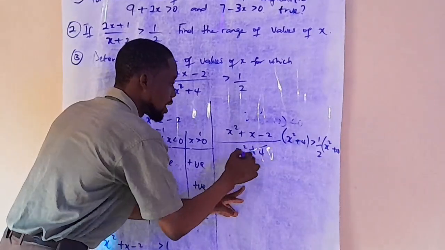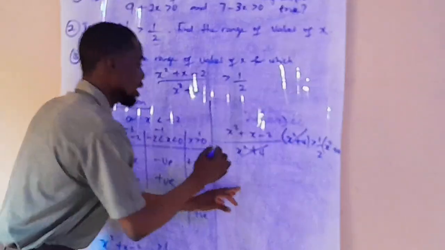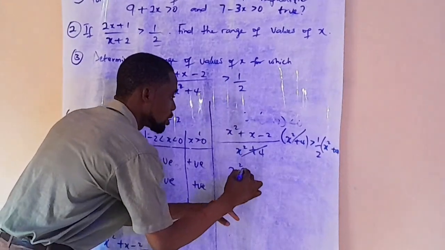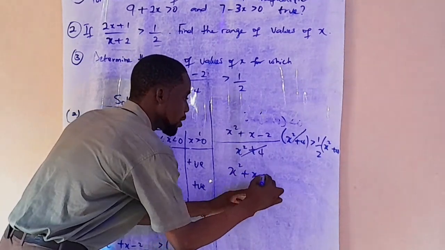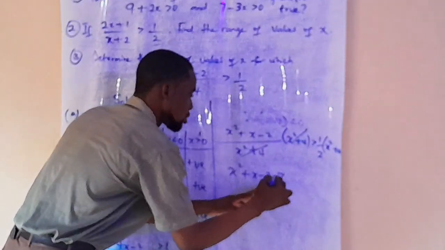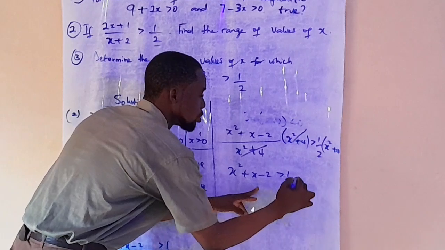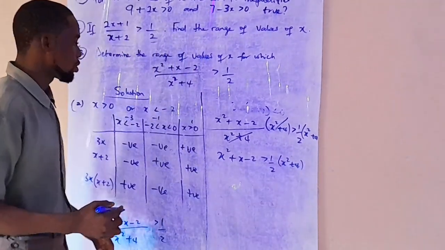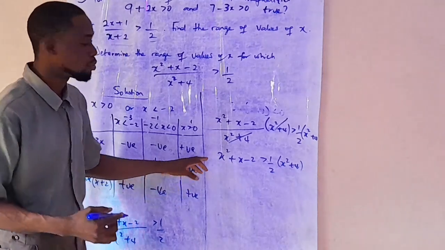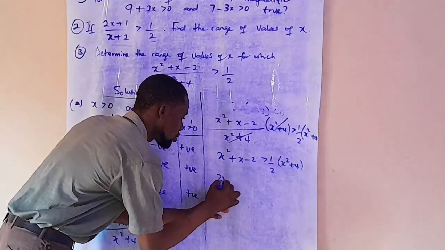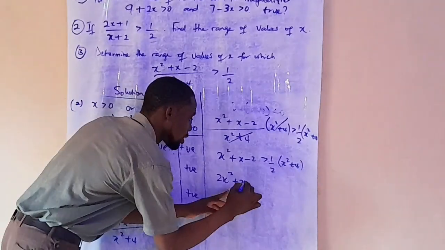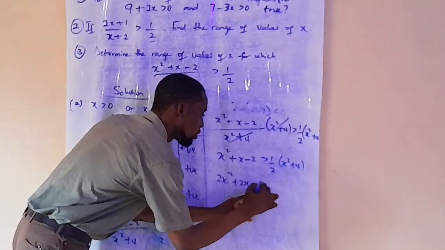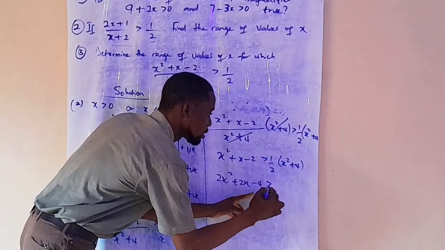At this point, this cancels this completely, leaving me with x squared plus x minus 2 to be greater than 1 over 2 into x squared plus 4. So for my constant again, let it come up to give me 2x squared plus 2x minus 4 greater than